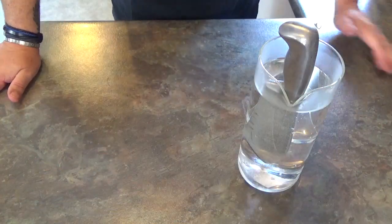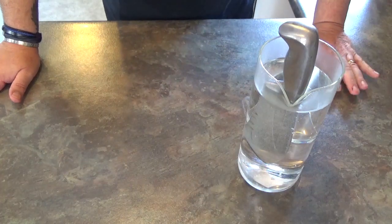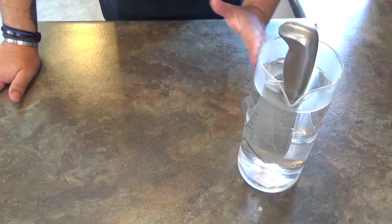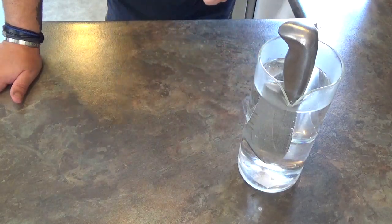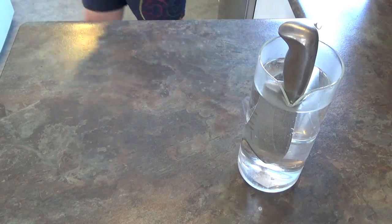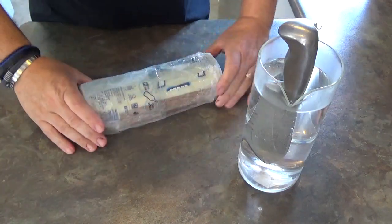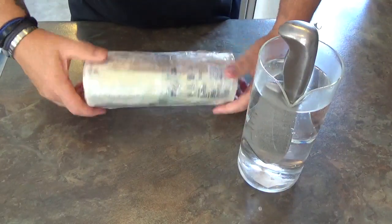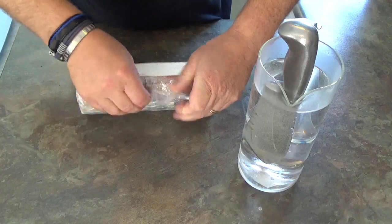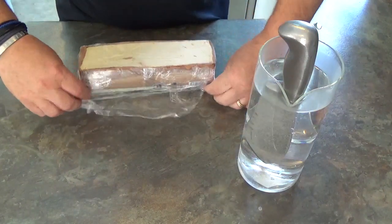Okay, so now the next step, our chocolates are done, they're chilling, getting cold in the fridge. The next step is preparing our log, so we can have it ready for when we want to do the mirror glaze. So we'll grab the log, and here it is. That's what it looks like. Solid frozen. So it's time to reveal